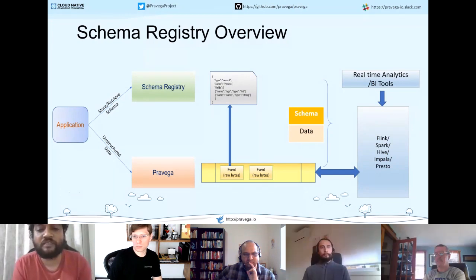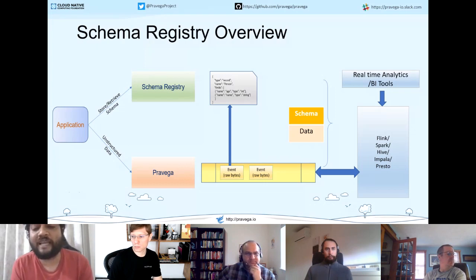So what we have done is something which is also done with other schema registries. We create a separate service in the Pravega ecosystem called Schema Registry, where we actually store the schema for the data that you have in Pravega, and we allow you to tag your data with the Schema Registry issued identifiers for the schema that you have, so that at read time when you read this data, you can resolve it by querying the registry service and get the corresponding schema for the ID that you have. So Schema Registry provides you the schema for the data that's there in Pravega.